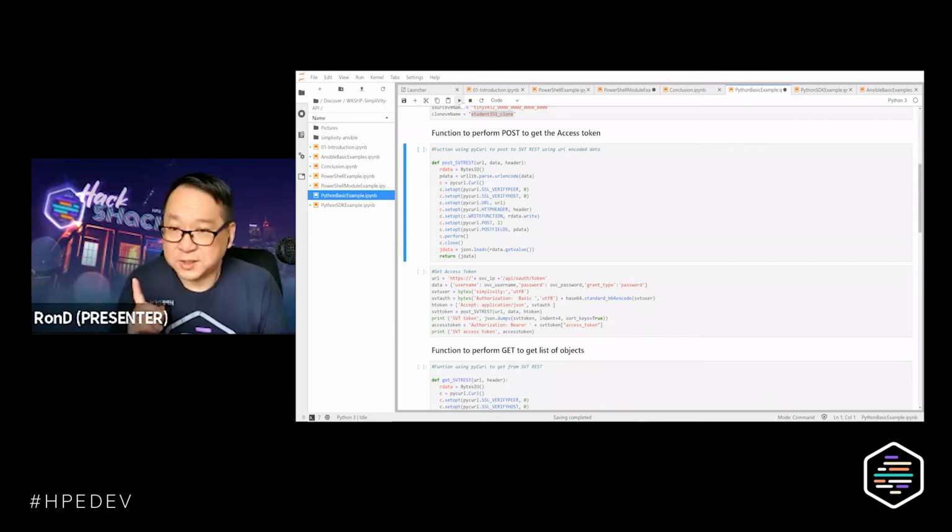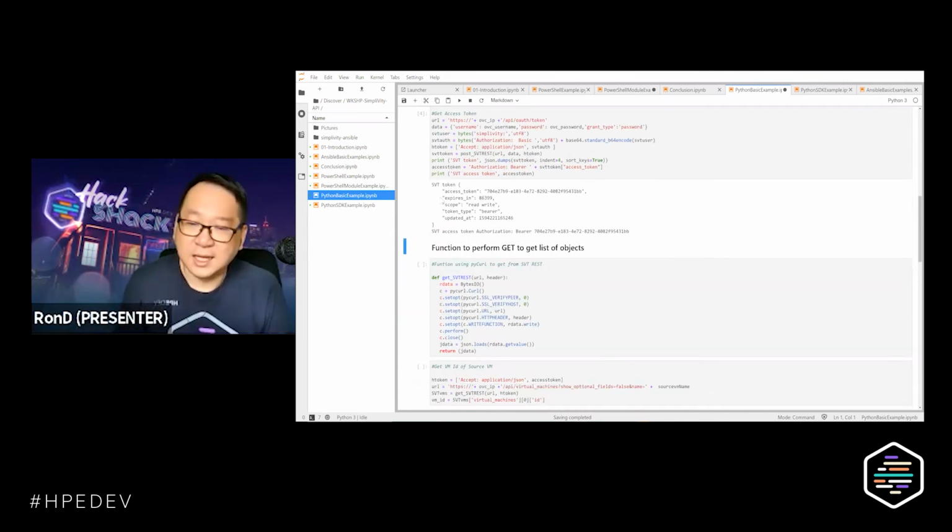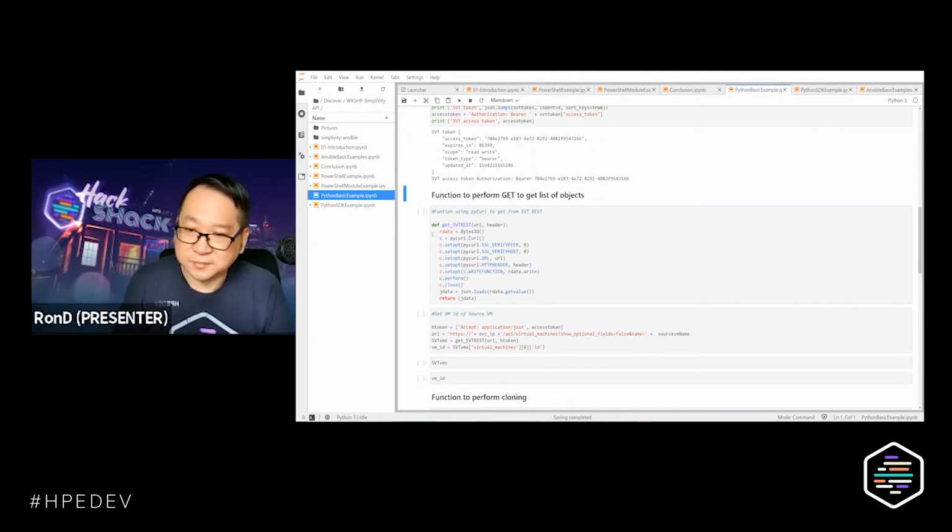This is the function that we use to perform a POST in order to get the access token. First things first, authenticate. The access token is the indication that you are authenticated. In this case, same deal as PowerShell, in Python we got the access token available.